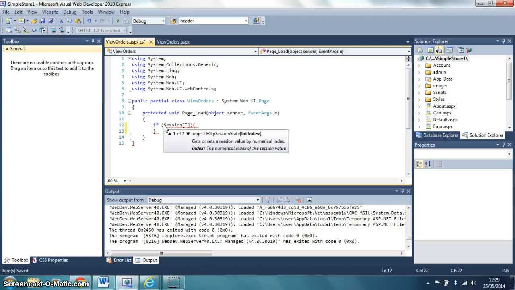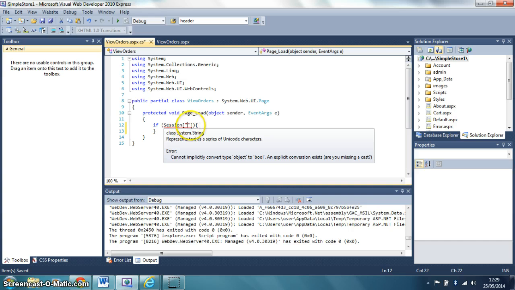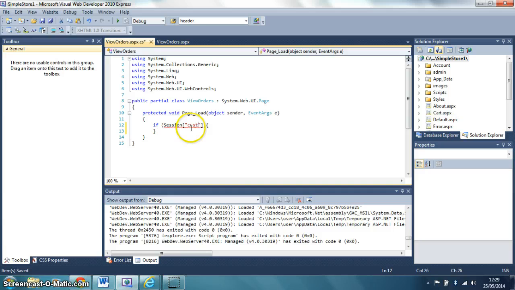If you have already set up a session variable to store username, make sure that you write the same variable name in between the quotes for the session variable. Mine is called cust. So I'm going to check if that's null, which is the logical check, equals. So if it's null, then